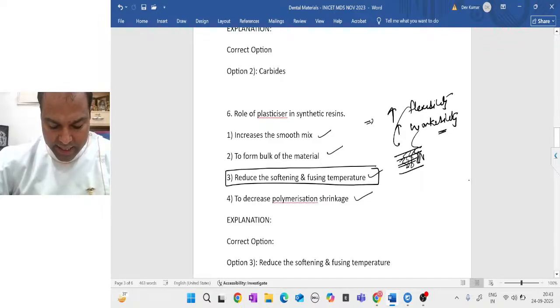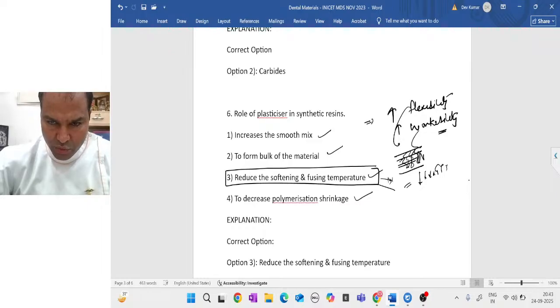ओके, तो बेसिकली इंक्रीज फ्लो, वर्केबिलिटी, ये सारी चीज़ें हमारी आसान हो जाती हैं। दूसरा, it reduces the brittleness, it reduces the softening point and the fusion temperature of the resin, very important। ठीक है, तो इसका मतलब ये है कि हमारा जो रेजिन है, it reduces the glass transition temperature and the